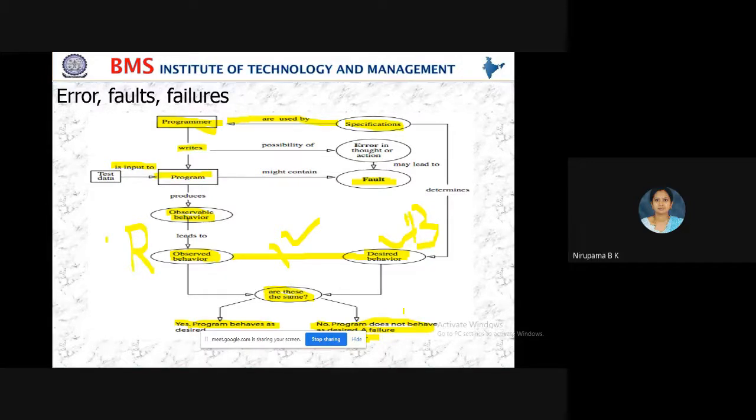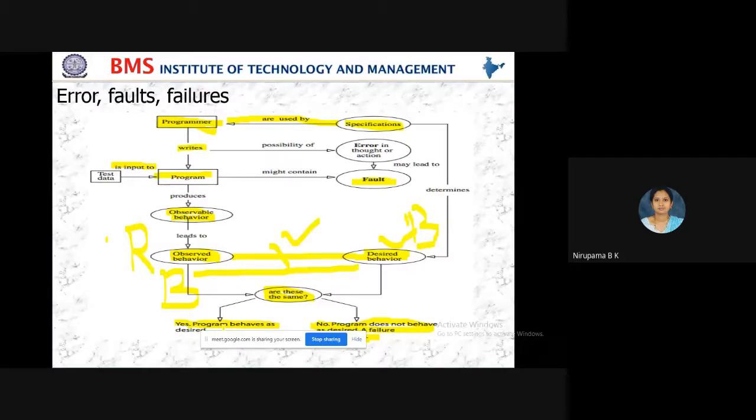So we have to go for the test case. Again, launch a complaint to your father. Then your father will try to rectify the mistake from your mother. So next time, if your mother prepares biryani, then both are matching. Correct, students? Both are matching, then you will get a success in the program.